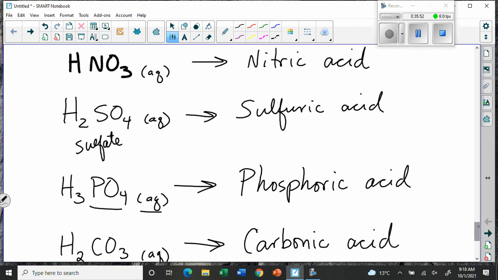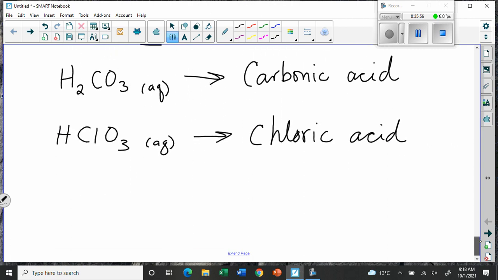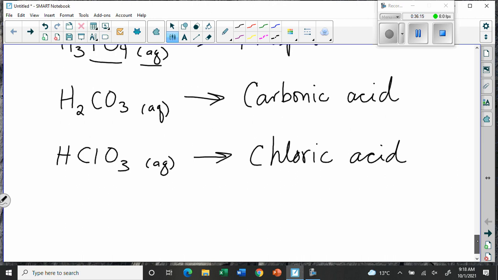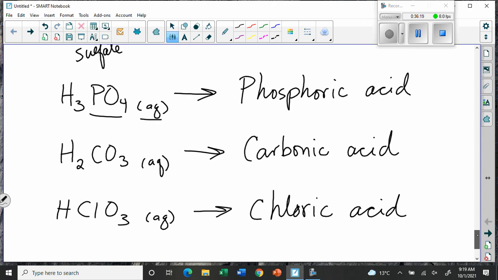So if you can memorize these five, but you can make an acid with any polyatomic ion, in a sense, with hydrogen. Okay, so all of those polyatomics that we were learning about before could be used here, but we'll just focus on these for now because we want to get the idea of what goes on. Okay, so that's what an acid is and some of the ways that we name acids.